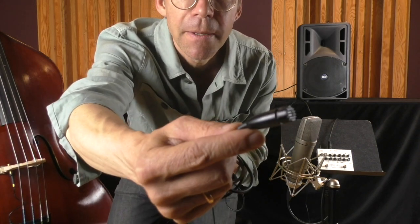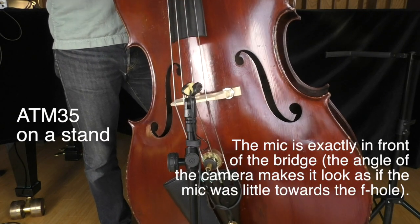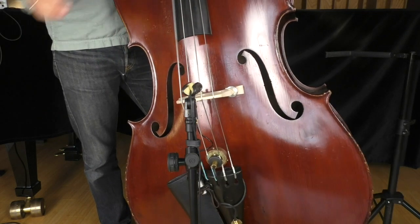Just for a little comparison, I would like to let you hear what my bass sounds like with the mic that I mostly use for quick recordings and for these string presentations. It's an Audio-Technica ATM35, which looks like this, very small. But I mostly put it on a stand in front of the bass, and this is what I'm going to do now. So let's listen to that. In my opinion, this sounds a little bit more natural, but I would say the position of the Nadine is